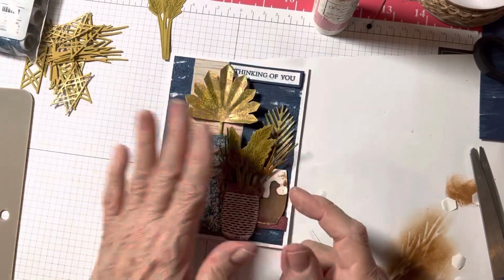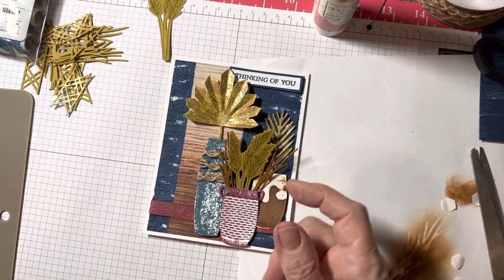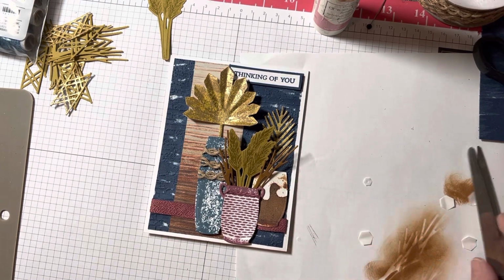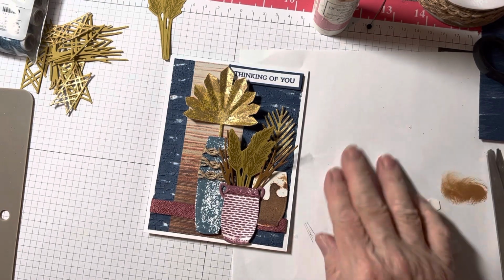And I do need to make more "thinking of you" cards. I wanted to make a gift set, but I'm going to Tampa Thursday, so I don't know how much I'm going to get done. I've got a lot to do to get ready to see my sweet friend Suzanne, Crafty Sue 519, and maybe even that other one,